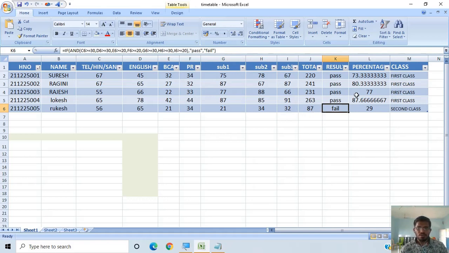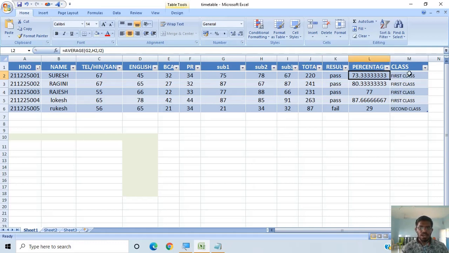And we know how to calculate the percentage, that means the average value. Yesterday itself we discussed how to calculate the average. Now here I am displaying whether the student got first class or second class. So here I selected the total value, that has the percentage.